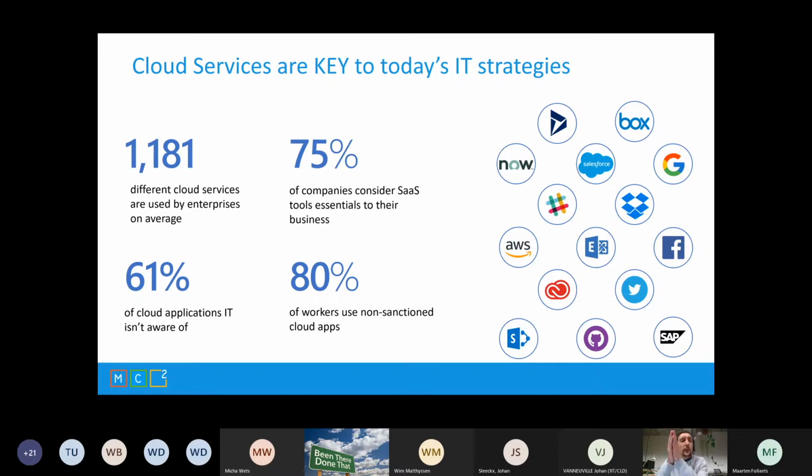Another thing to talk about here is that there are a lot of cloud applications IT isn't aware of, and we can ask ourselves, is it an issue that our employees have a Dropbox running or a Google Drive? Maybe it's not much of an issue that they have it running, but we don't want our corporate data to get into their private SaaS apps, of course. We're talking about shadow IT here.